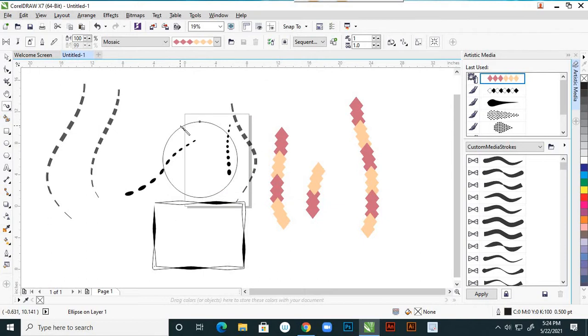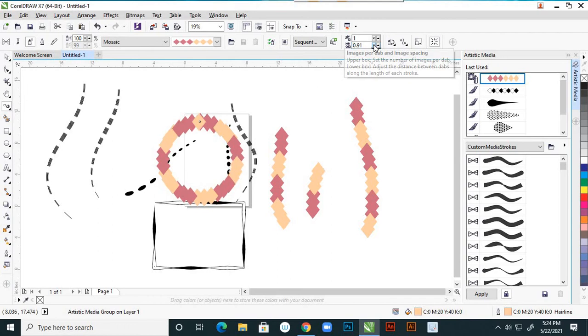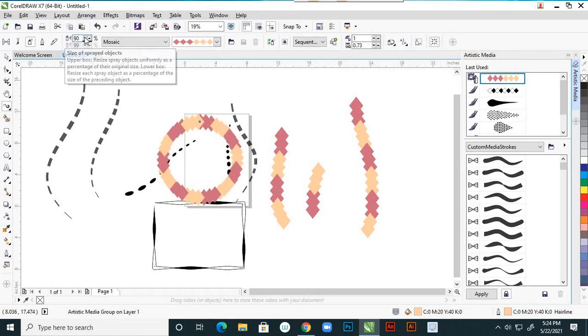So it is applied, but because this value is bigger, it is not showing. See this? Here it is showing. And in the same way you can decrease the value here.